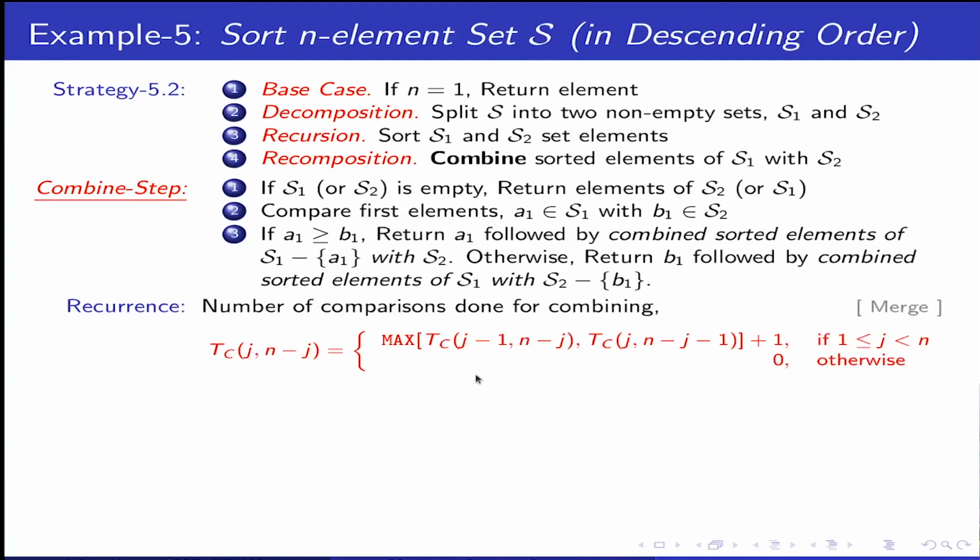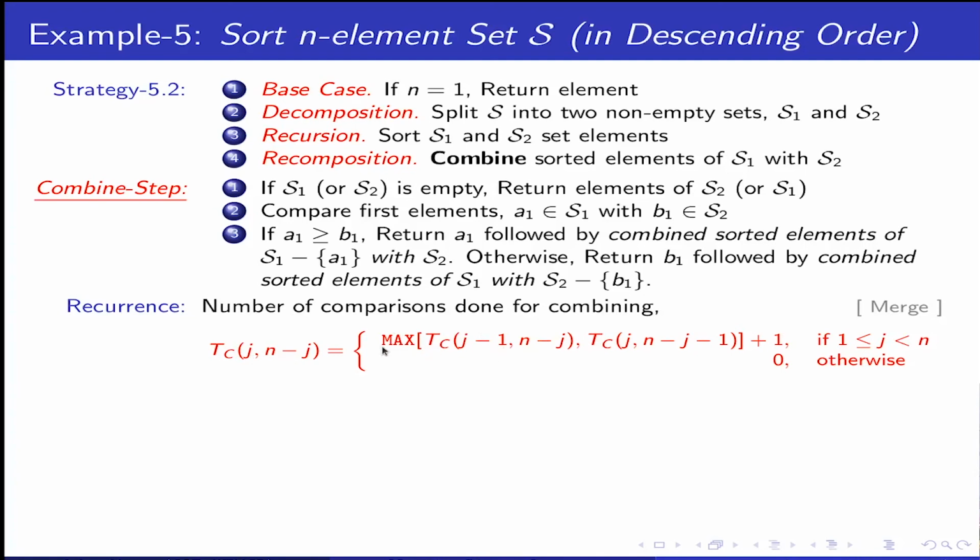Here the recursion is tricky. Now we are getting into a point that we cannot manually always analyze. We need to devise mechanisms for it, right? So here, either we can have one element less in S1. So J and N minus J: suppose all the elements are N, and we split into J elements and N minus J elements, and we are combining those J-element array and N minus J-element array.